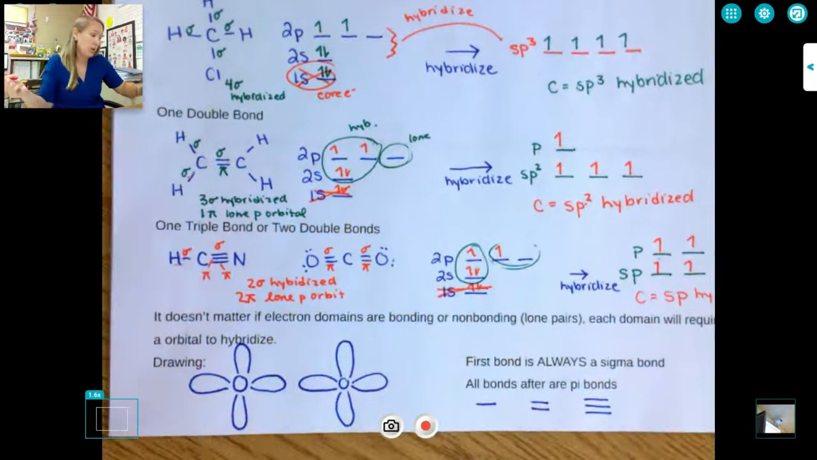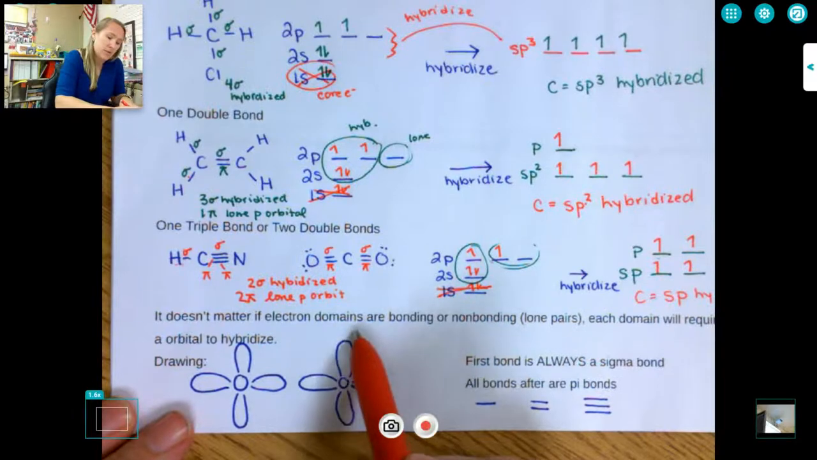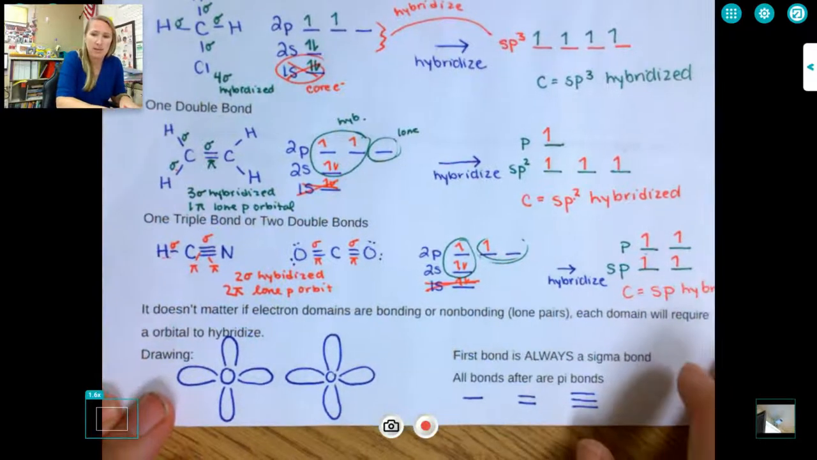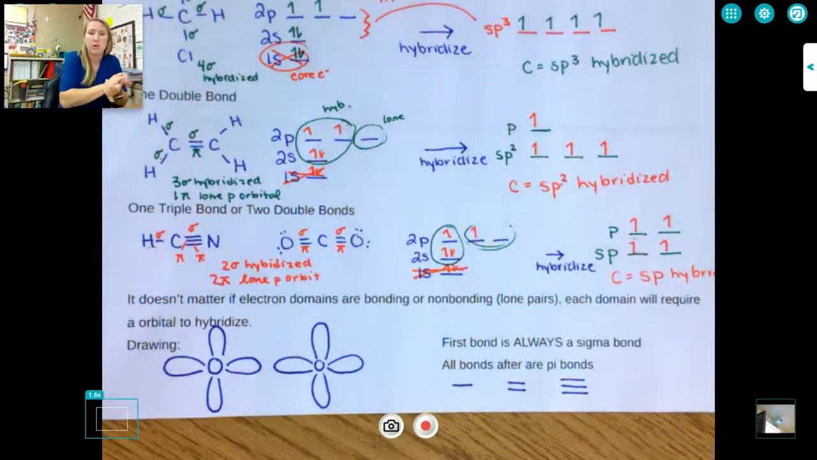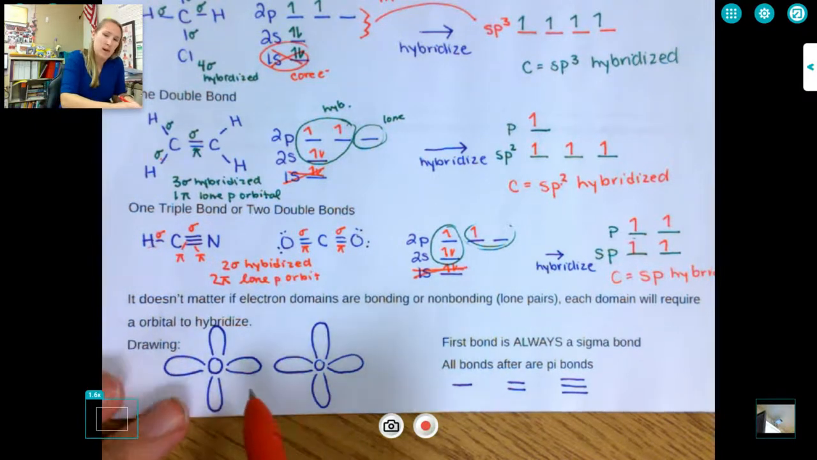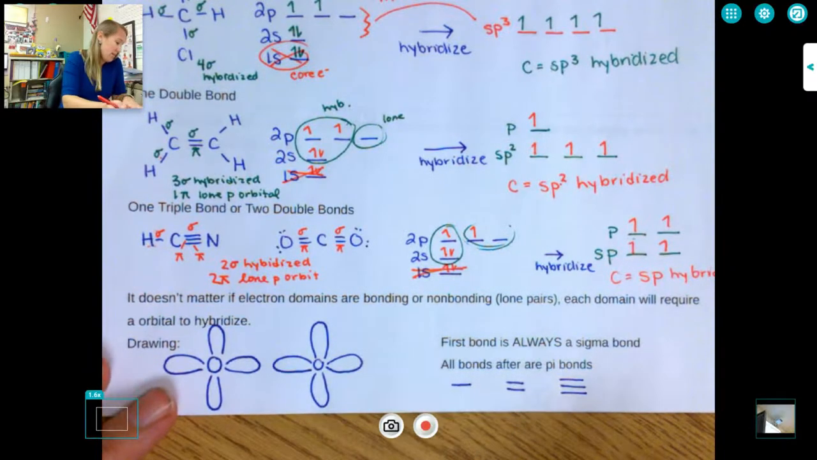So what does this look like in a molecule? Now, it doesn't matter if electron domains are bonding or non-bonding. Remember, non-bonding are lone pairs. Each domain is going to require an orbital to hybridize. So if I see lone pairs of electrons, those are also going to factor in, because they're hybridized. So if I'm drawing this molecule where I have sigma and pi bonds,